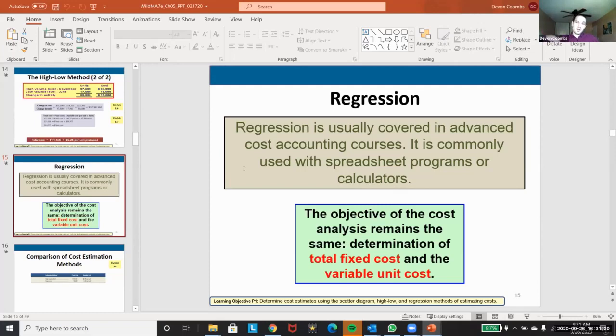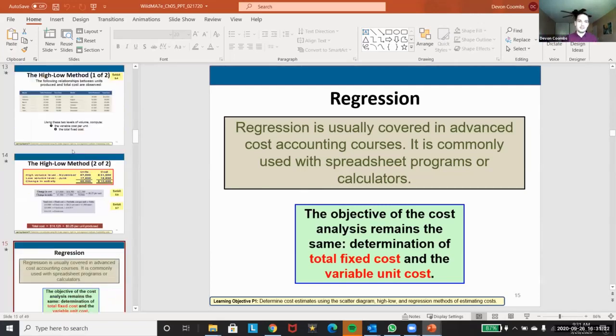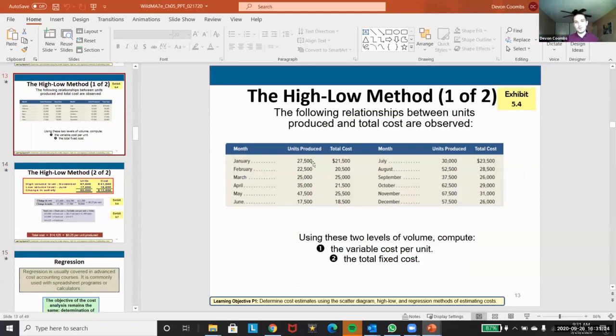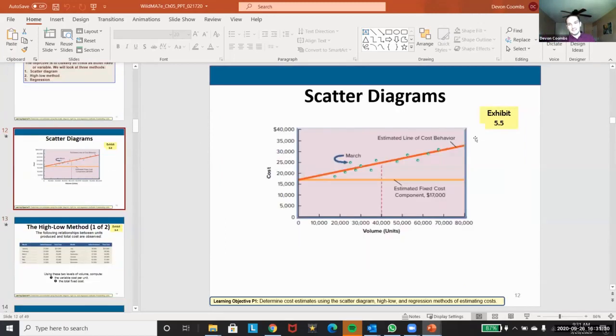It looks at all of the points here and tells you how related the costs are to the units produced, and then determines this line and the statistical likelihood that the costs match the months,